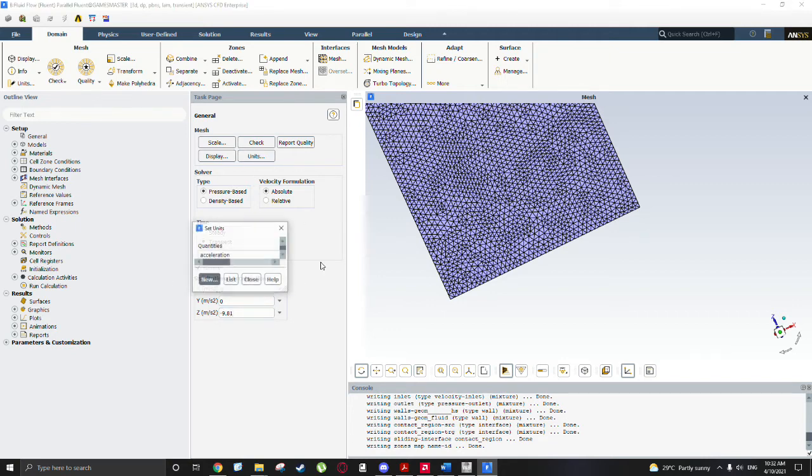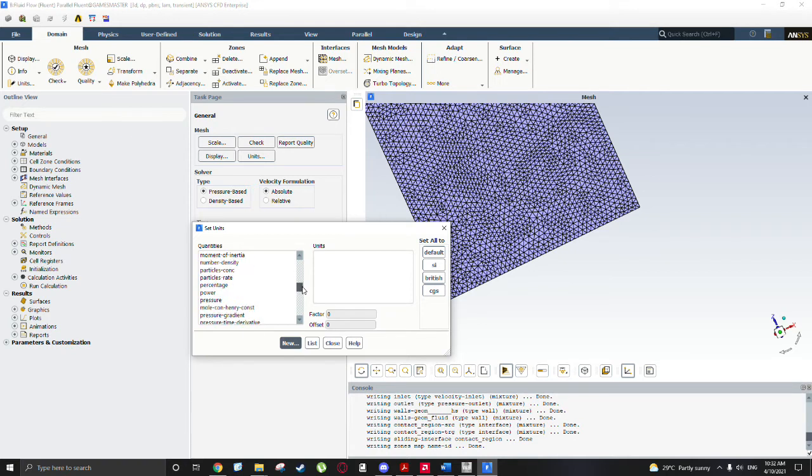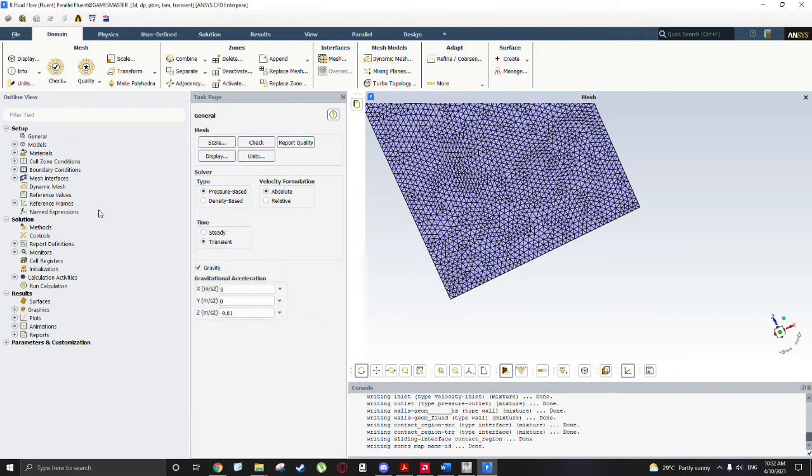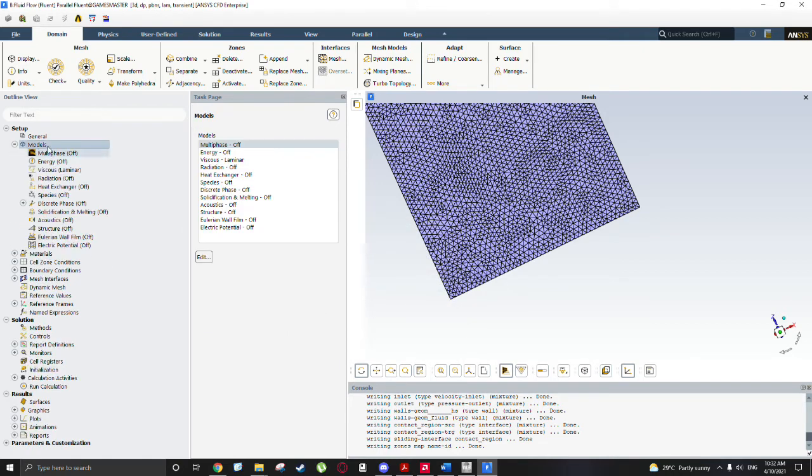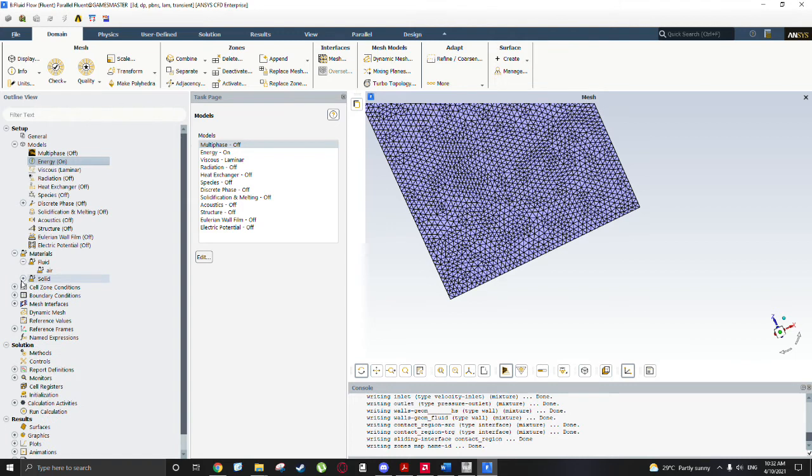Yep, I usually change the units here to temperature Celsius. Close. Okay, models. We're going to have the energy equation turned on. We're going to look at our materials. We have a fluid and a solid. The fluid is air and the solid is aluminium. I think the project requires stainless steel solid. That can be changed. Well, I won't cover the changing of that in this video,